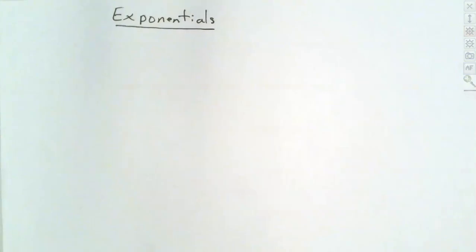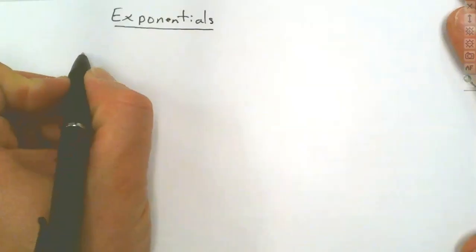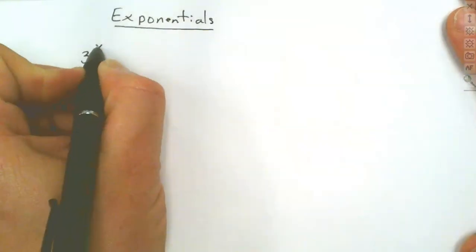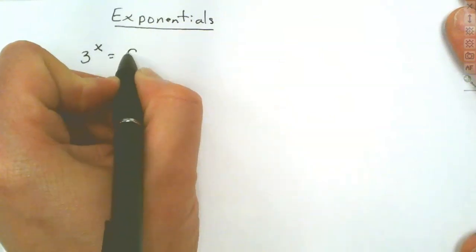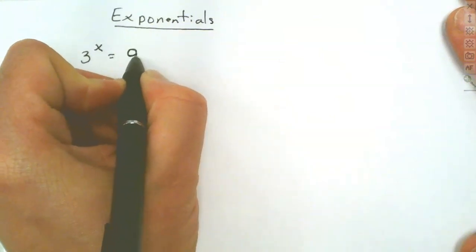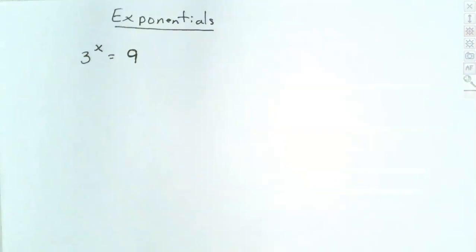We're now going to learn how to solve some of these. So let's look at one that we can just look at and see what the answer would be. So this one's going to be pretty easy to look at. And see what we want. Now what we want is we want both sides to be the same. Okay, so we can look at this one, and just by looking at it, what do you think x could